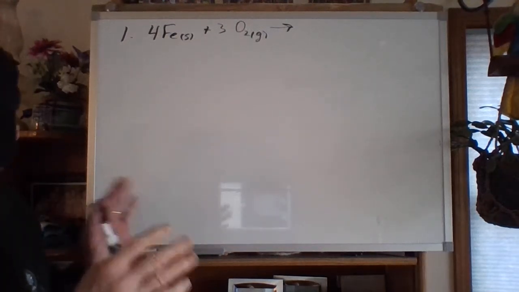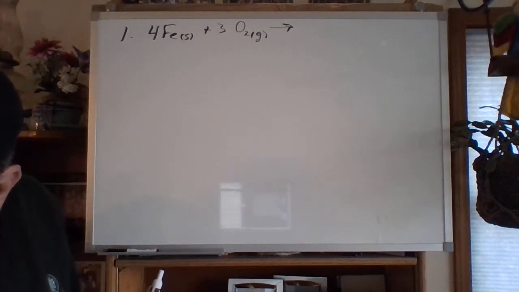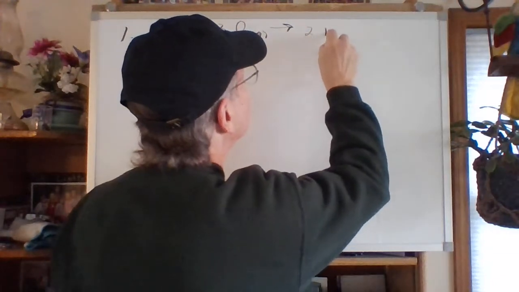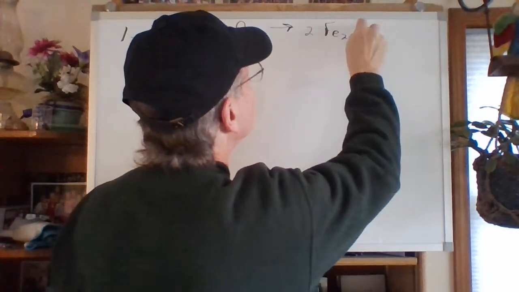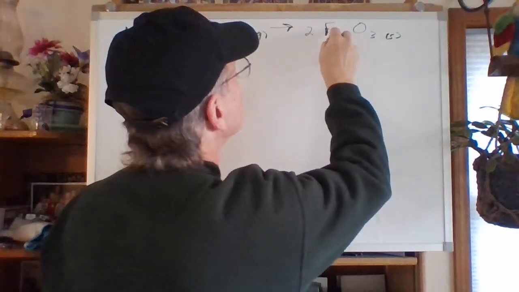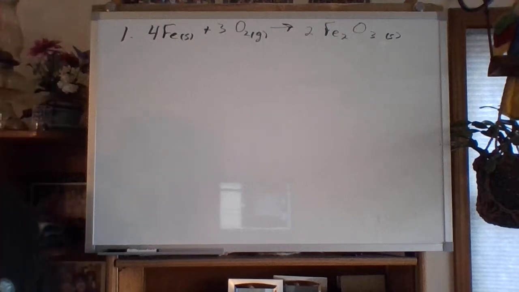But if you take just the basic reaction, it produces two Fe2O3s. Solid rust. And we've already balanced it, because we did that last unit, so what we're asking for this time